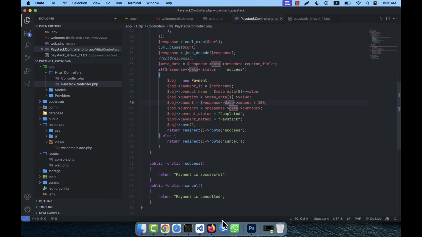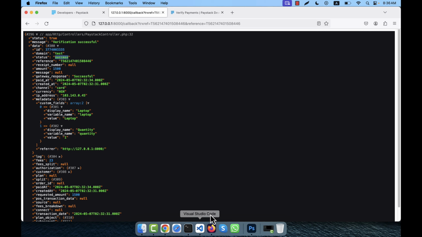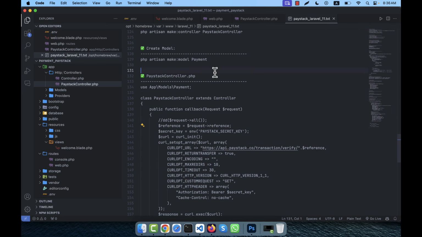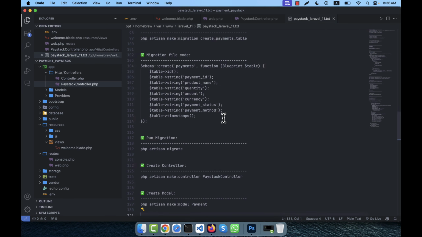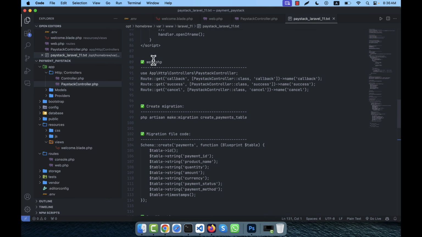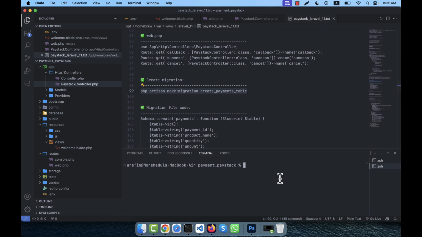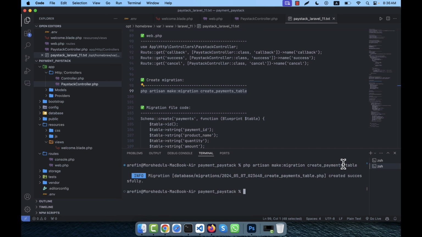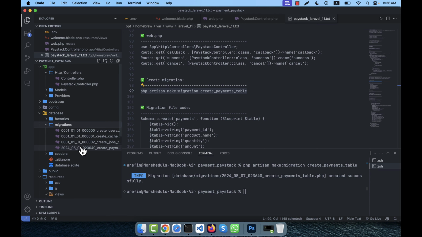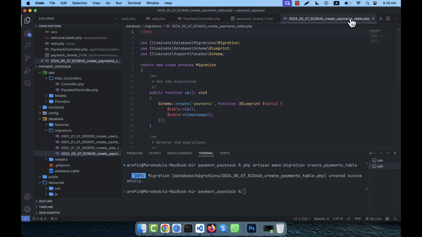So let's do that. In order to do that, I wrote some steps here to create the database, tables, migration files, etc. I already have written the codes here. So I am going to copy the code from here, and in the terminal I am going to create a migration file now. Because I will create a table in my database, its name will be payments table. So enter. You will see that in the database folder there is migrations, and this is the migration file, that